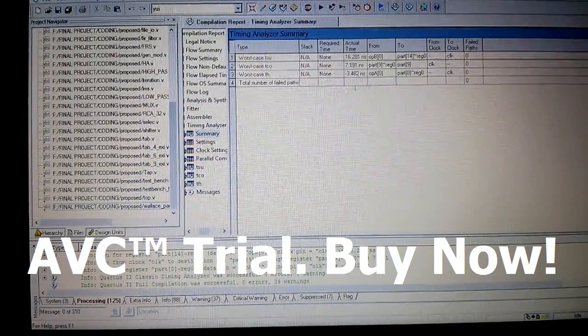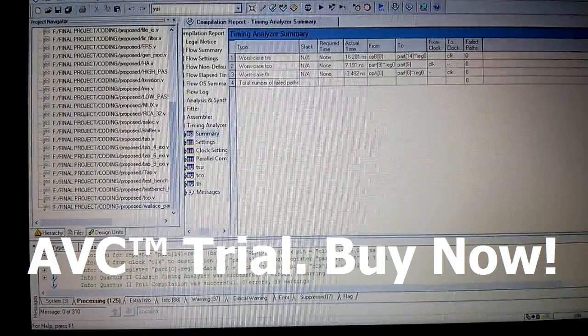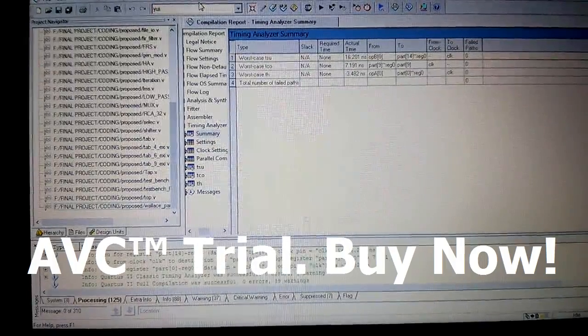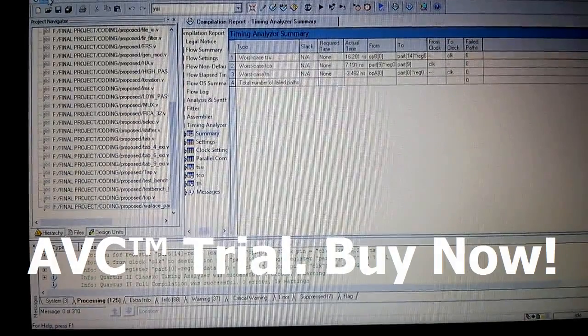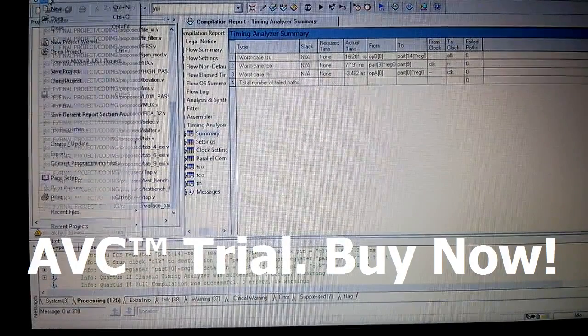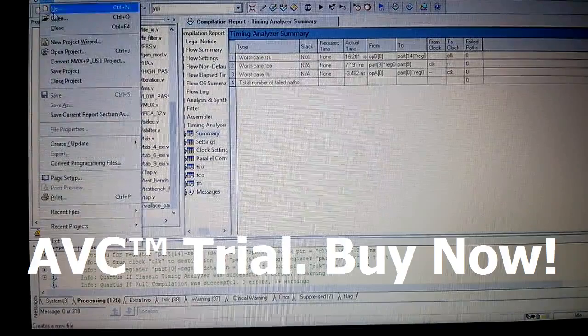To get the timing analysis, we just click the timing analyzer, and this is what we get as the output for our Wallace multiplier. This is the timing control. Now we have got the timing analysis and area consumption.